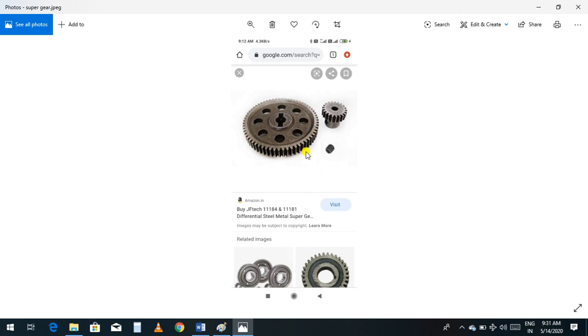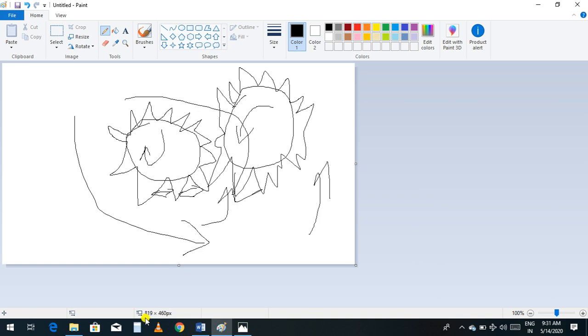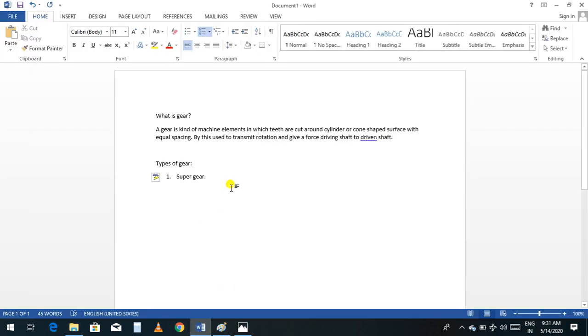Helical gear is nothing else; the teeth will look helical. They should be at some angle, with some curve. The teeth should be curved. Let me open a new drawing of the pictures. Before that, let's go ahead to the second point, we have the helical gear. Now we'll go to the helical gear.